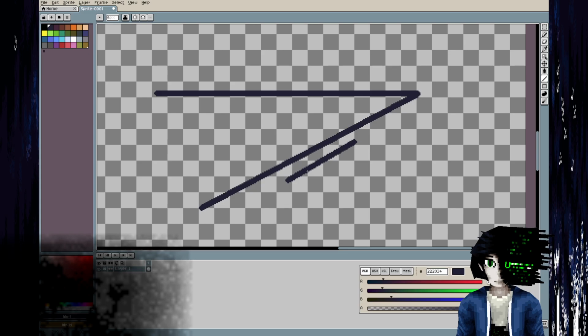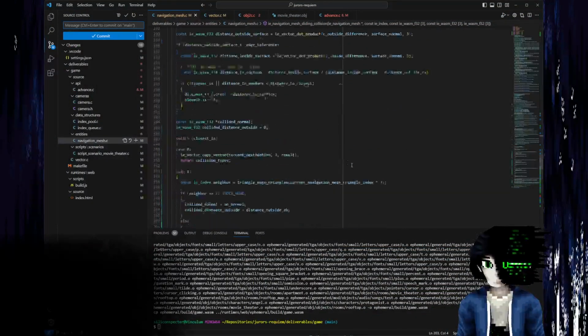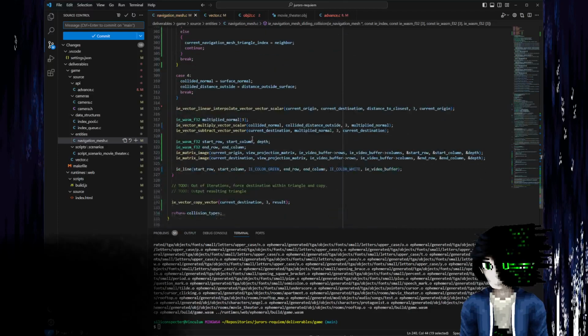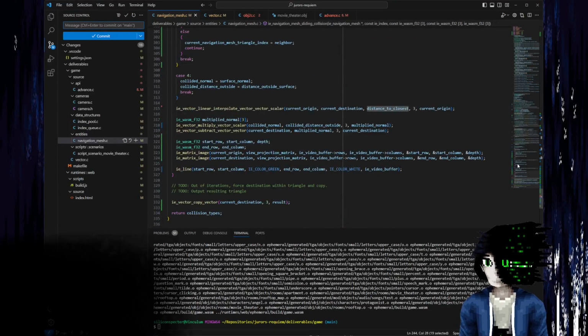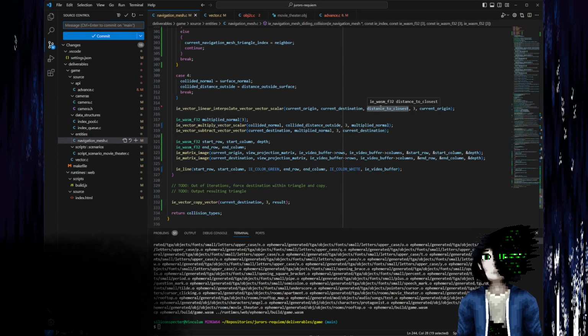Because, you know, how far away is that from that? And what do we use this for again? Distance to surface, do we use it for anything else? Distance closest. We use it to... okay. I'm going to need to think about that. Yeah, so what that's currently used for is the